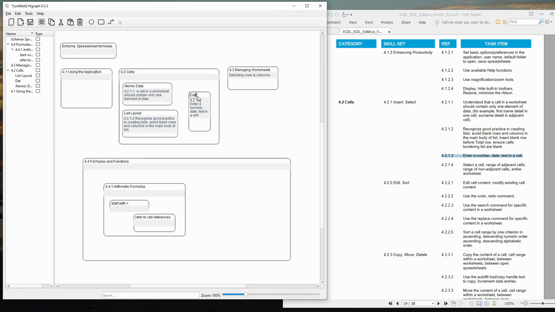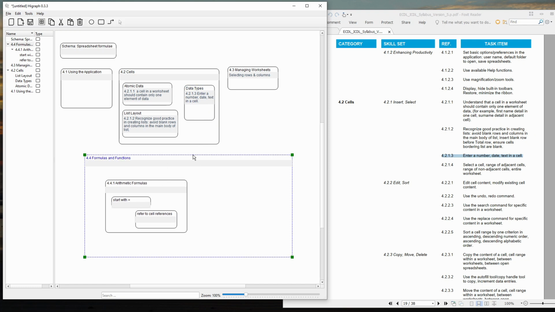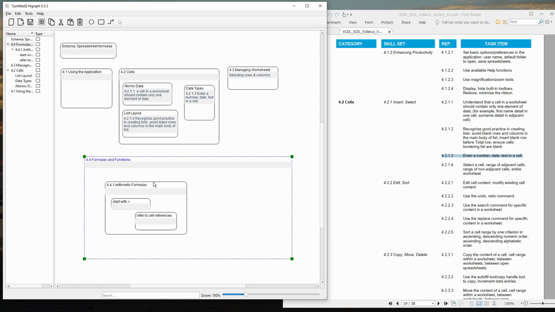And we talk about data types because conceptually the fourth type of data in a spreadsheet is a formula, because spreadsheets are functional languages like Lisp and SQL. So arithmetic formulas are here,